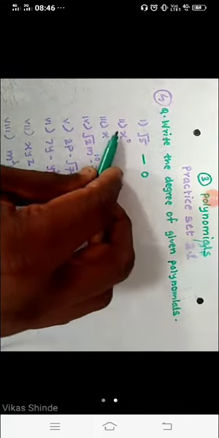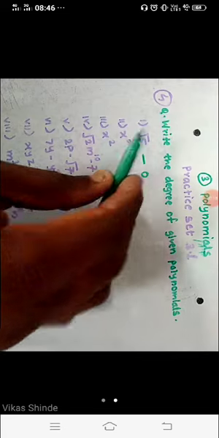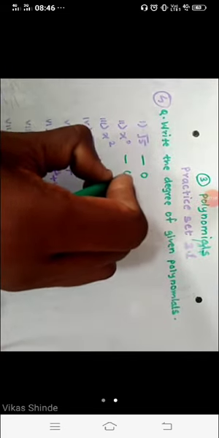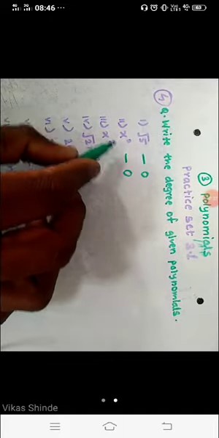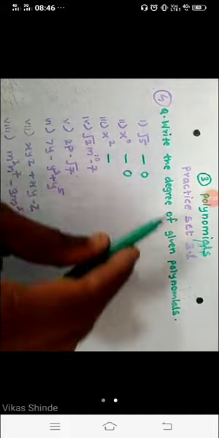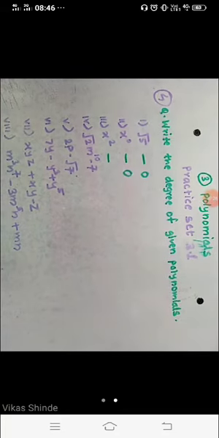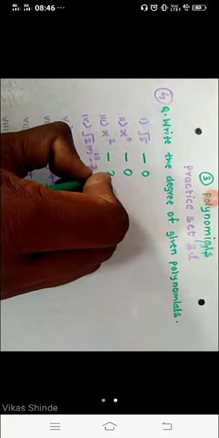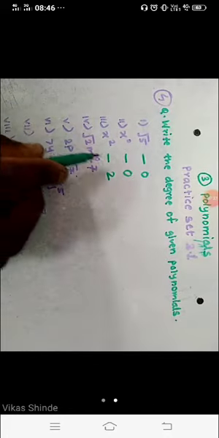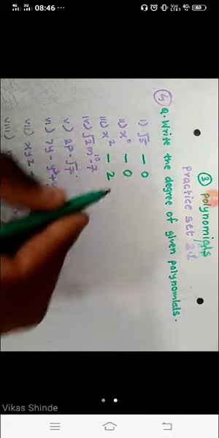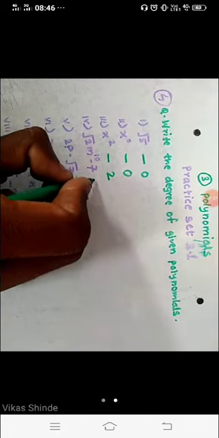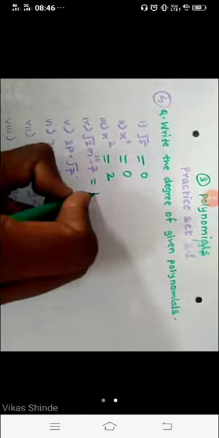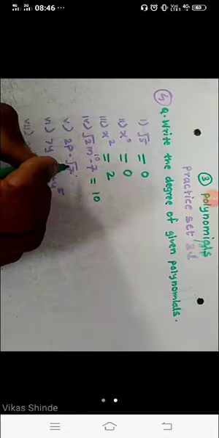Now here, this number indicates x raised to 0, so the degree is also 0. Here is x raised to 2. Degree of a polynomial means the maximum index of the variable. Here the maximum index is 2, so I am writing 2. For 2 m raised to 10 minus 7, the maximum index is 10, so the degree is 10. Here 2p minus under root of 7.